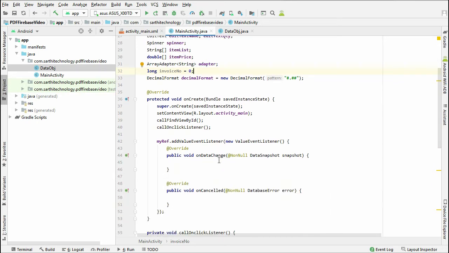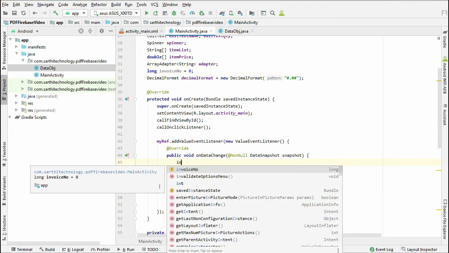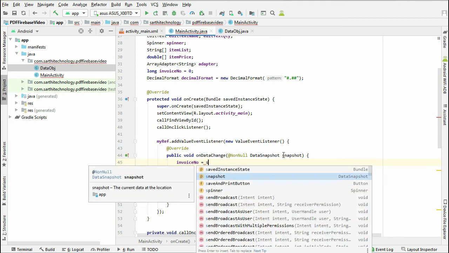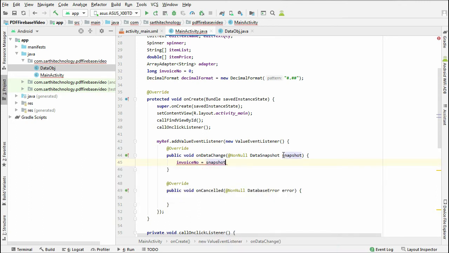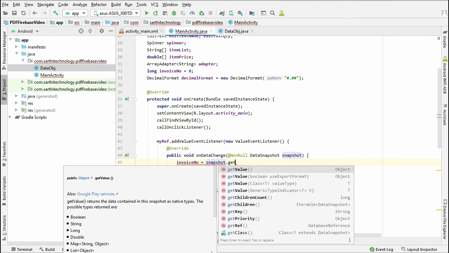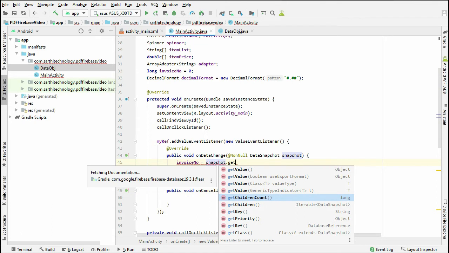Now in the on data change, invoice number equal to this snapshot dot get children count.